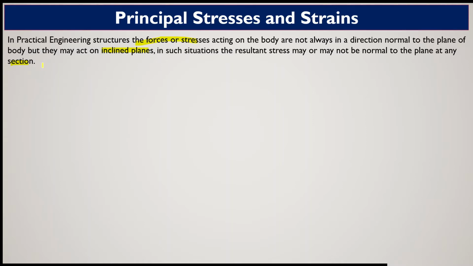That means the line of action of the force is at an angle of 90 degrees to the plane which we are just evaluating. Based on how much force is acting, we were able to calculate or evaluate the stress, and that stress was the ratio of that force which is acting normal to the surface divided by the area